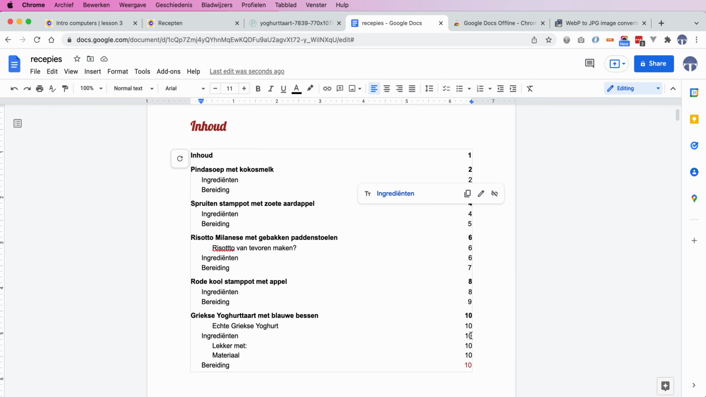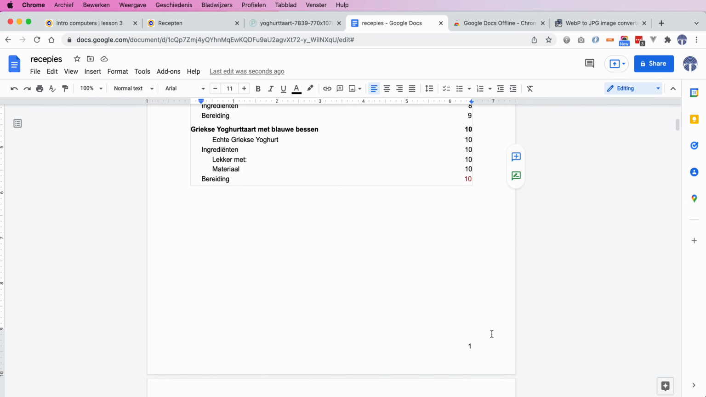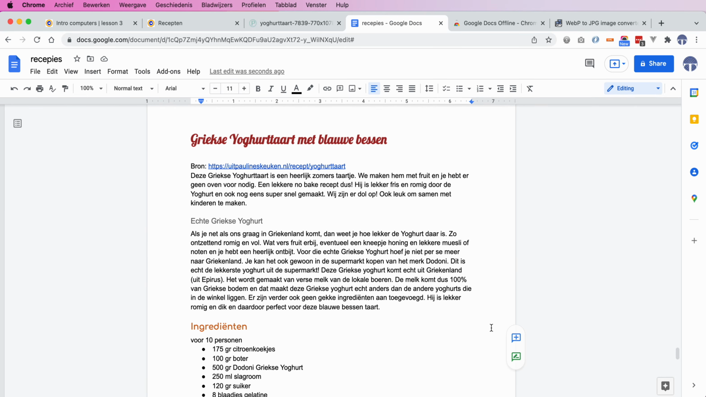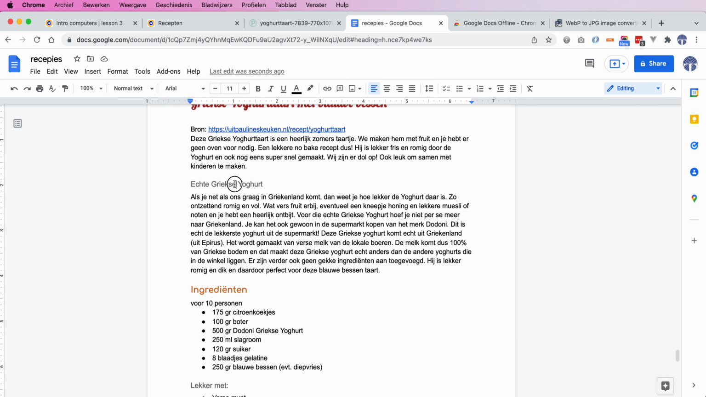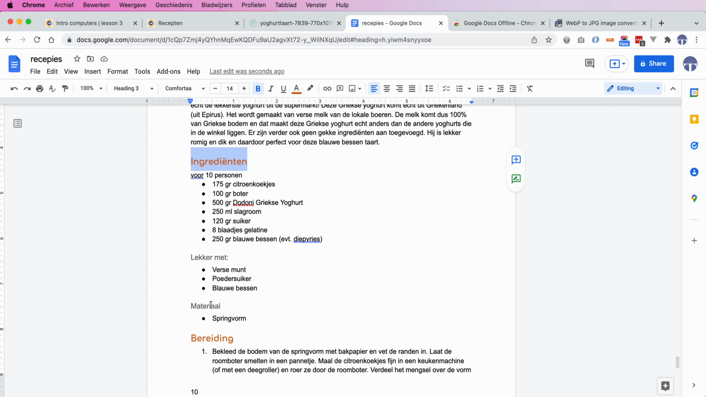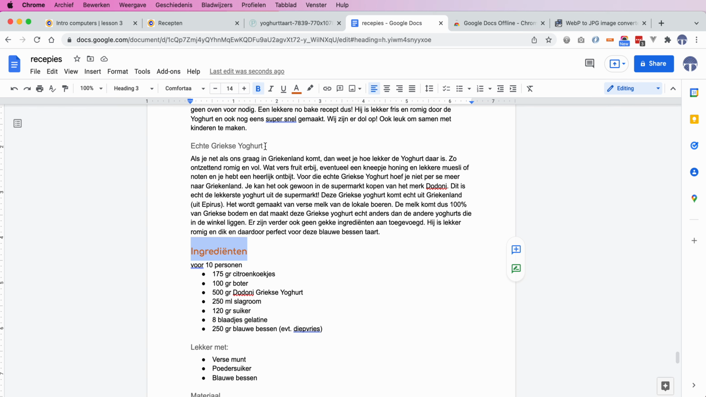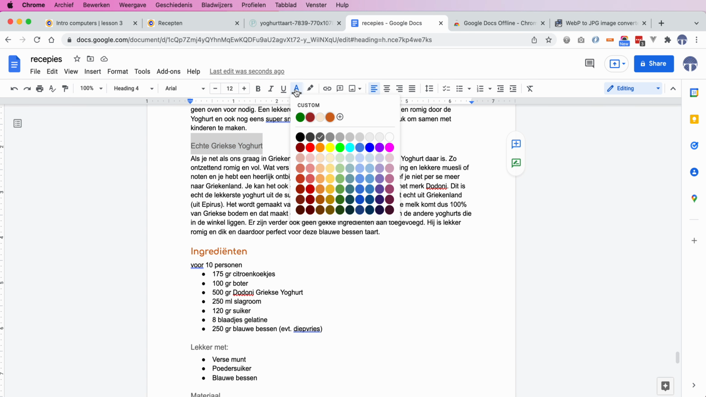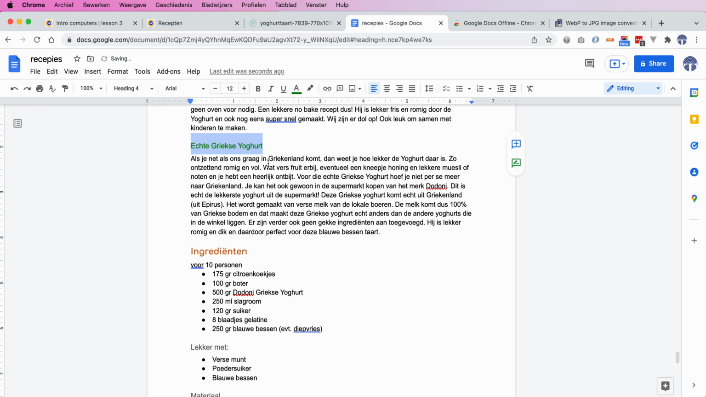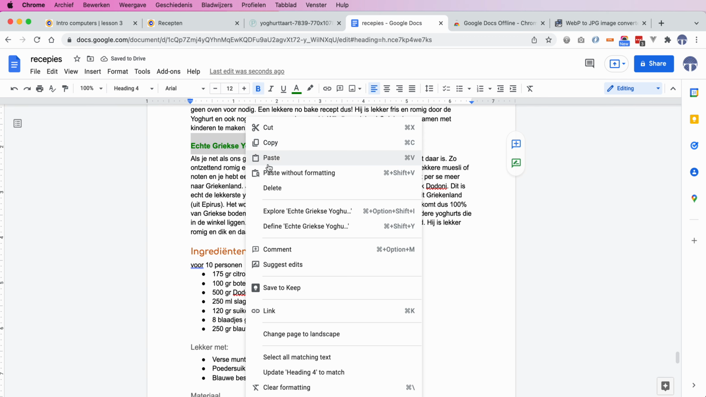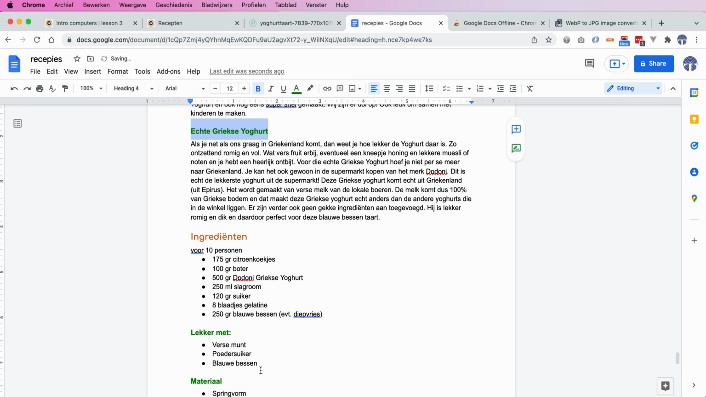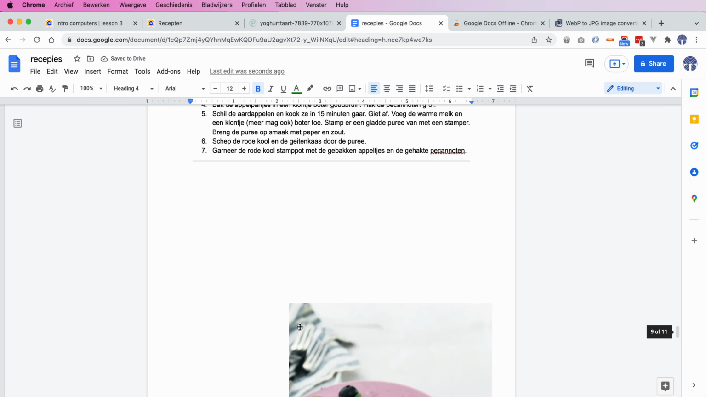Now we look at page 10, then we should find the Griekse yoghurt. So we go to page 10, and here we have a heading, which is mentioned, heading 4, echte Griekse yoghurt. We have ingredients, heading 3, and material. And this should actually also have a color, and we have learned it last week, so of last video. We say here, execute what we say, bold, so it's easier to see, and then we say update heading 4 to match, so that all the other heading 4s are